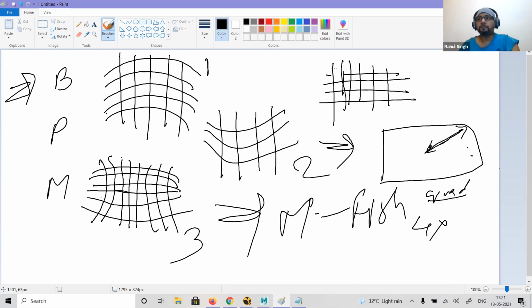So they will give you... But if you want a 100% accurate result, you should have a checkerboard of about 10 by 10 inch or 12 by 12 inch, or even bigger than that. Suppose, say, 4 feet, 3 feet, 3 by 3 feet, right? That much big a checkerboard should be there. You bring that checkerboard in front of the lens, right?